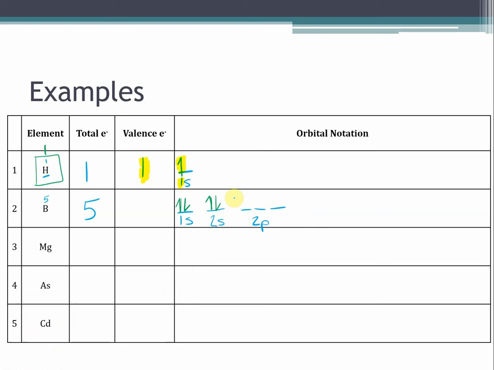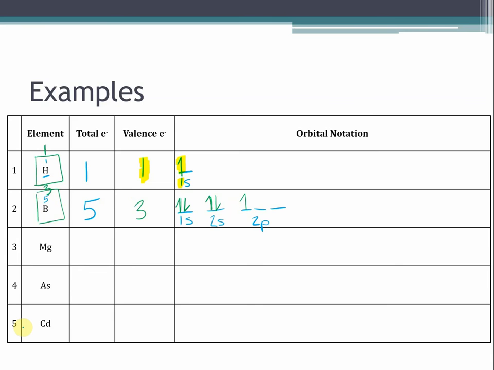So I'll draw my 2p subshell, and I have 4 electrons. I need 5, so I'll just put 1 more electron. And that's my orbital notation, my orbital electron configuration for boron. And now I need to figure out how many valence electrons there are. So I can either look on my table, find the box that has boron, and then look above it for the family number, which is 3, and that will tell me that there are 3 valence